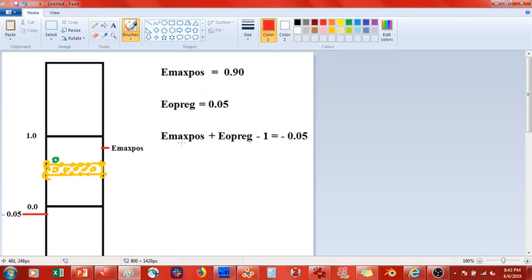So what happens is the electric field begins from Emax position plus EO preg minus 1. So it begins from minus, in our case, if you use these two values, it begins from minus 0.05. And it increases until it hits Emax position. So it's going to increase like this until it hits Emax position. Okay, then it's going to decrease until EO preg plus Emax position. So it's going to decrease until